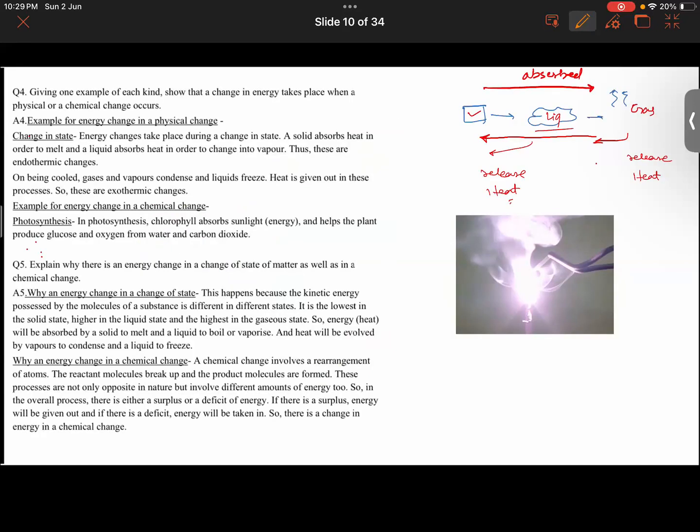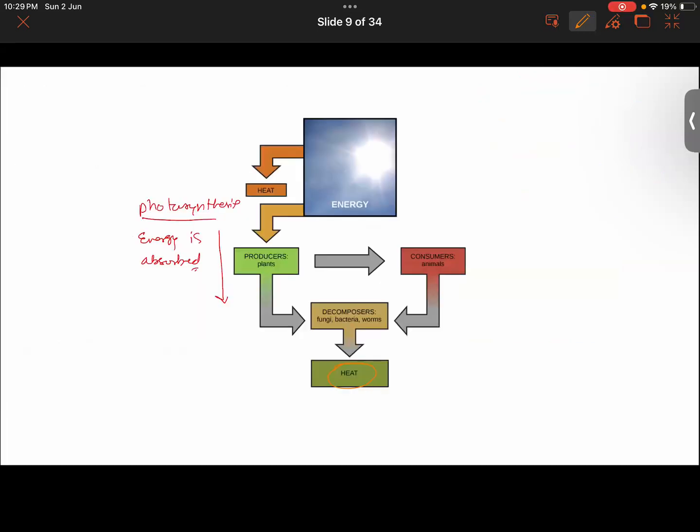moments ago we were talking about energy change. In the case of physical change, we learned that while the state changes from solid to gas, heat energy is absorbed. In the opposite, that is from gas to liquid and then to solid, heat is released. That was one such example. Then right now we are talking about energy change, and this one can be considered as an energy change taking place in a chemical change. The process of photosynthesis is a chemical process